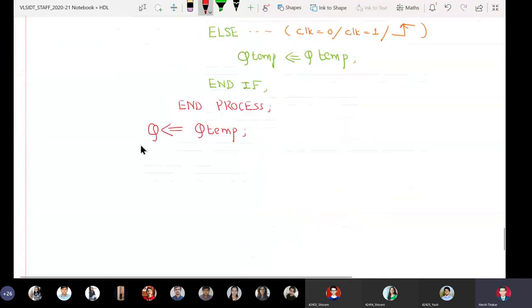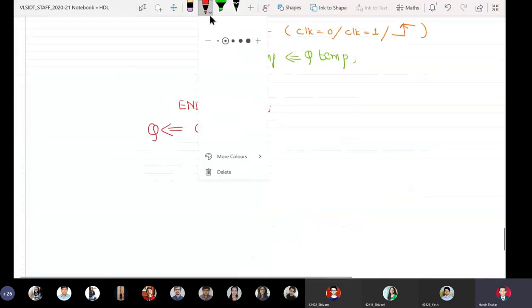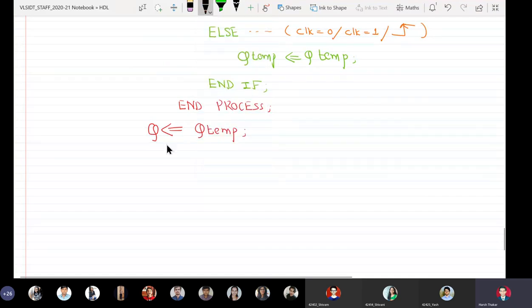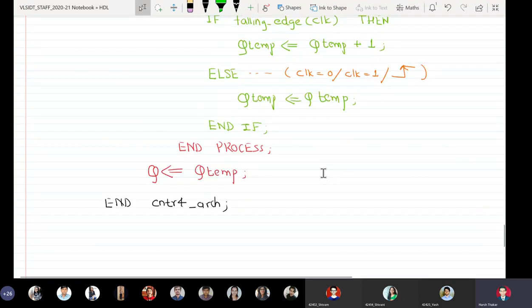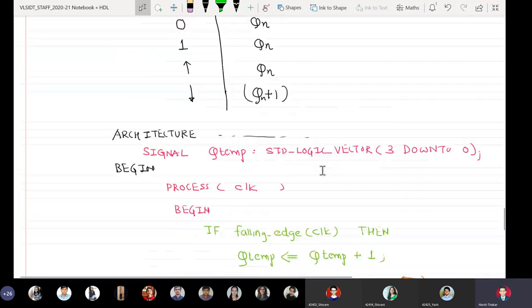Okay, and my entity name is counter 4, so CNTR4_arch.